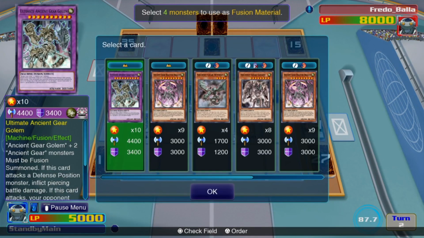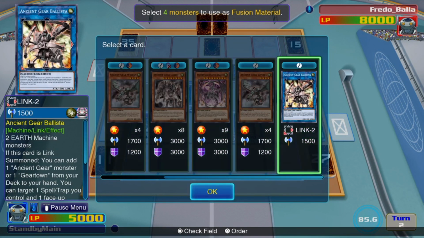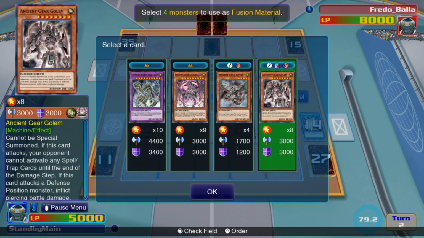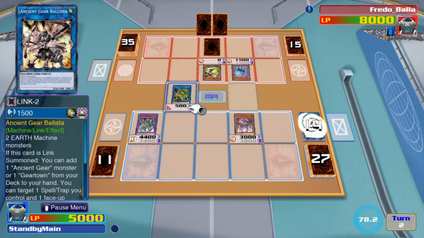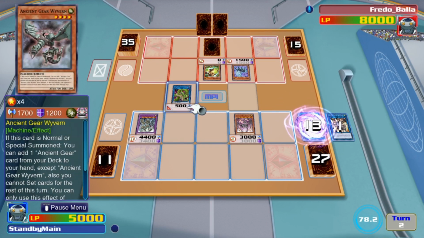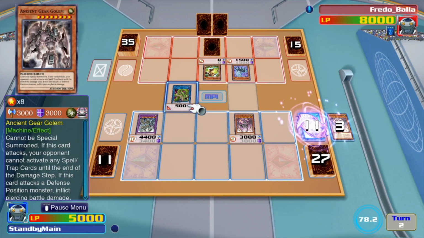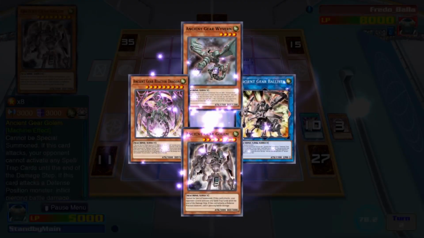Now, Overload Fusion says I can use cards from my graveyard in order to summon out a Dark Machine Fusion monster. So we're going to banish 4 Ancient Gear Golem monsters from our graveyard, not from our field, do it just from the graveyard, keep your card advantage up, and we're going to get rid of these in order to summon our best boss monster, and that is going to be, drum roll please,